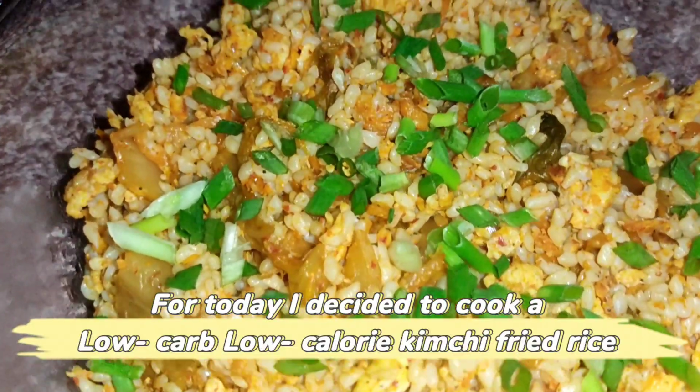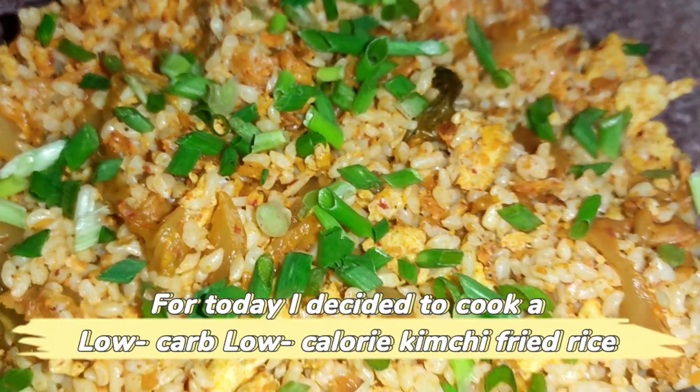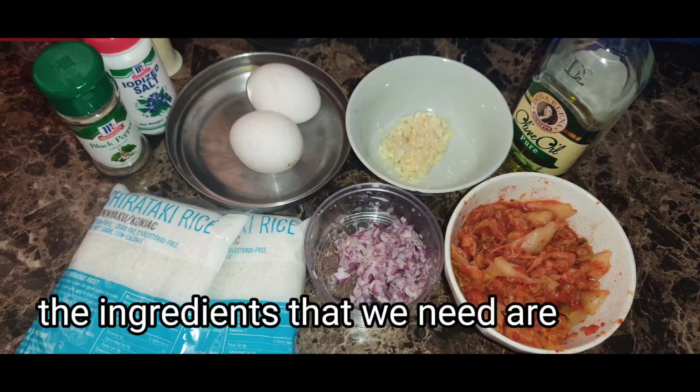For today, I decided to cook a low-carb, low-calorie kimchi fried rice. The ingredients that we need are